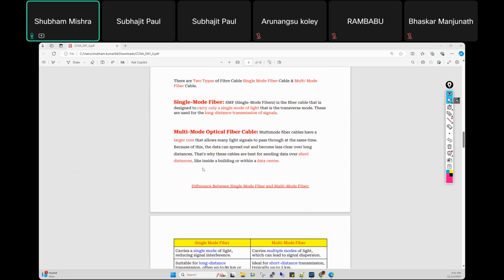Now there are two types of fiber, I told you. The first one is single mode fiber, and the second one is multi mode fiber. Single mode fiber means what? Single mode fiber is a cable that carries only a single mode of light, the transverse mode. These are used for long distance transmission. So please remember only one line: single mode fiber carries your traffic for long distance. We use single mode fiber for long distance connections, and multi mode for